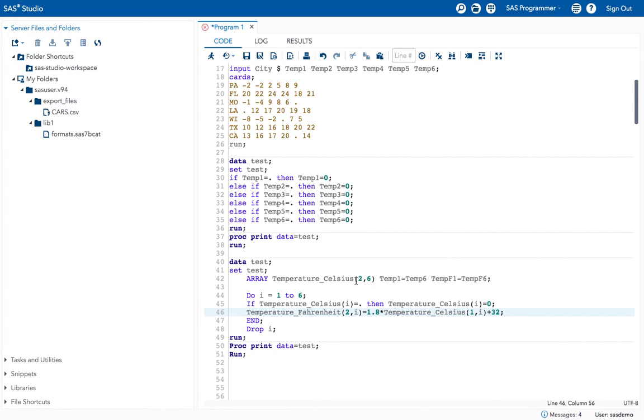So basically, if I give 2, 6 here, it will apply array programming for the first dimension, the first 6 variables, and again apply it for the next dimension, the next 6 variables. Like this we can use two-dimensional array programming.